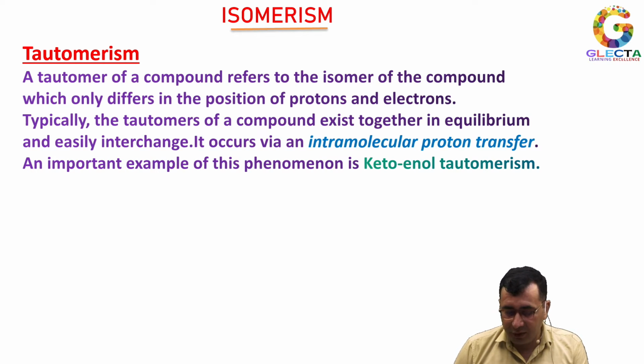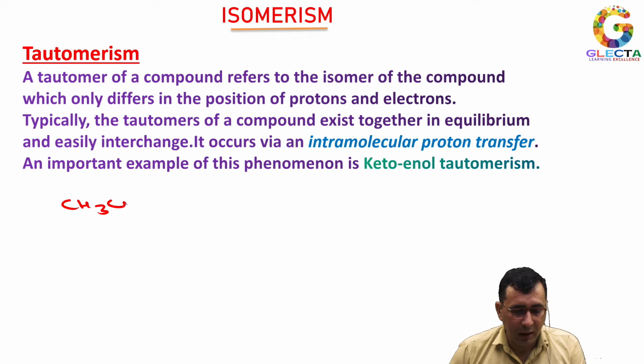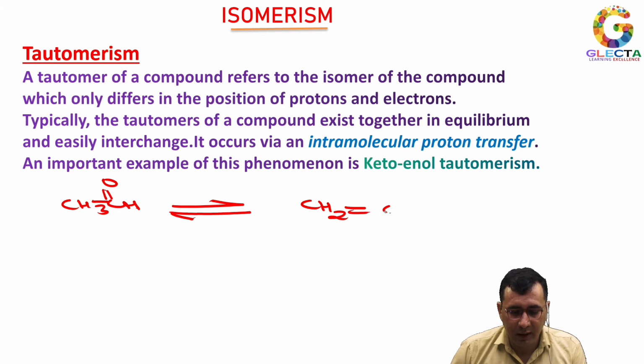So let's draw the structure of tautomers. For example, we have CH3CHO. We can draw the CHO like this. There is a single bond between the carbon and carbon, and it can interchange like this: CH2 double bond CH single bond OH. One hydrogen from the alpha carbon moves to the oxygen atom, and the pi electrons from this position shift